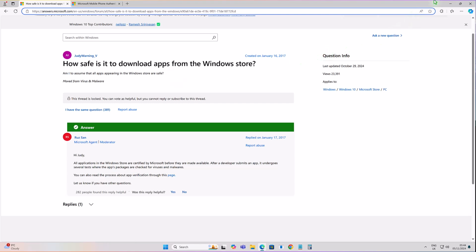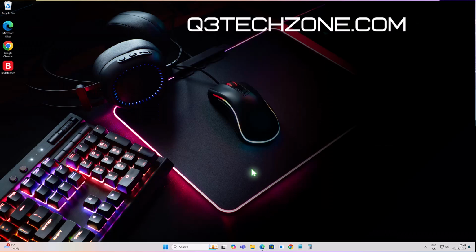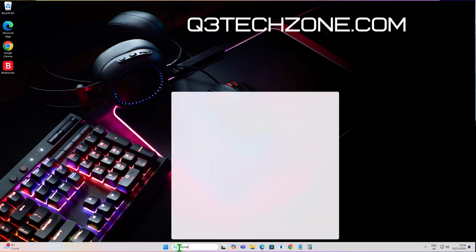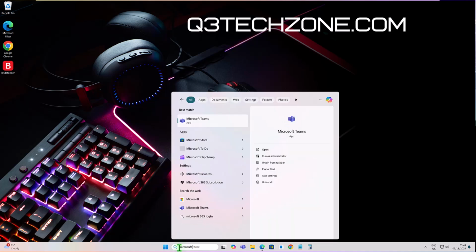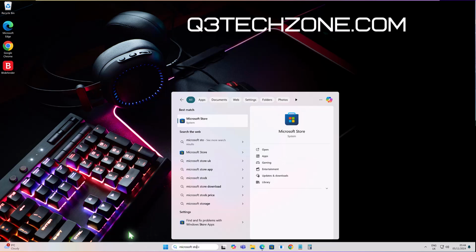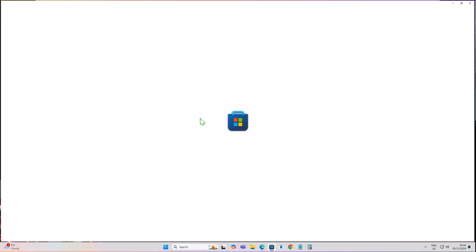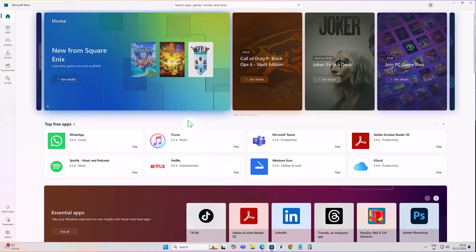So let's minimize that. First, what we need to do is actually open the Microsoft Store. We can do that by typing Microsoft here and typing Store. You can see it comes up here. We can click onto that one and we'll access the store. Okay, so pretty standard. You've got a search bar at the top here. You've got apps you can go into and